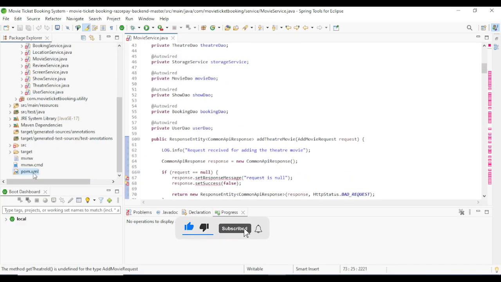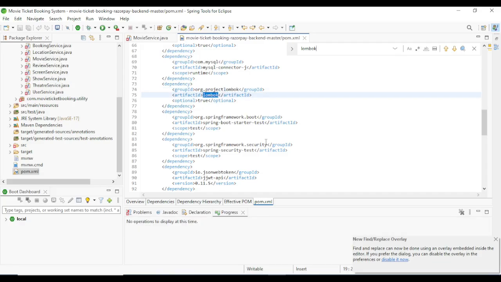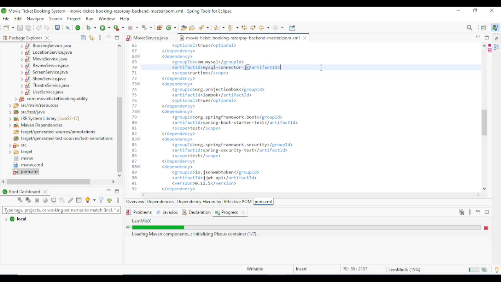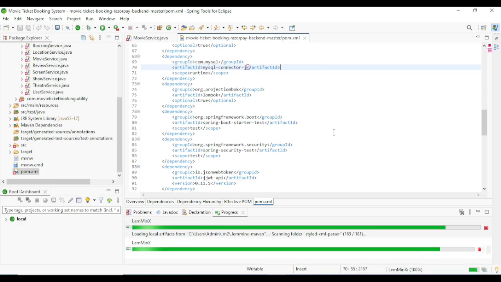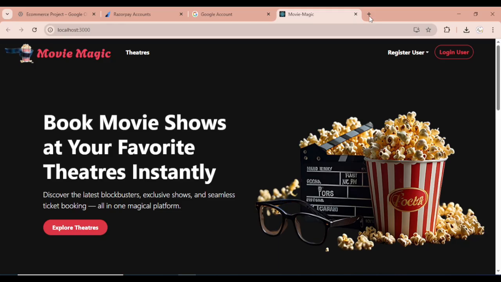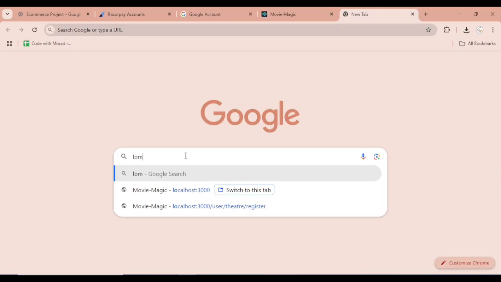So if you see here in the pom.xml, I've already added the Lombok dependency. Let's search here. Yeah, we can see the Lombok dependency. But in the case of Eclipse and the STS IDE, we have to manually install it. So let's install that. We have two options here. The very first one, you can go to the browser and search here Lombok